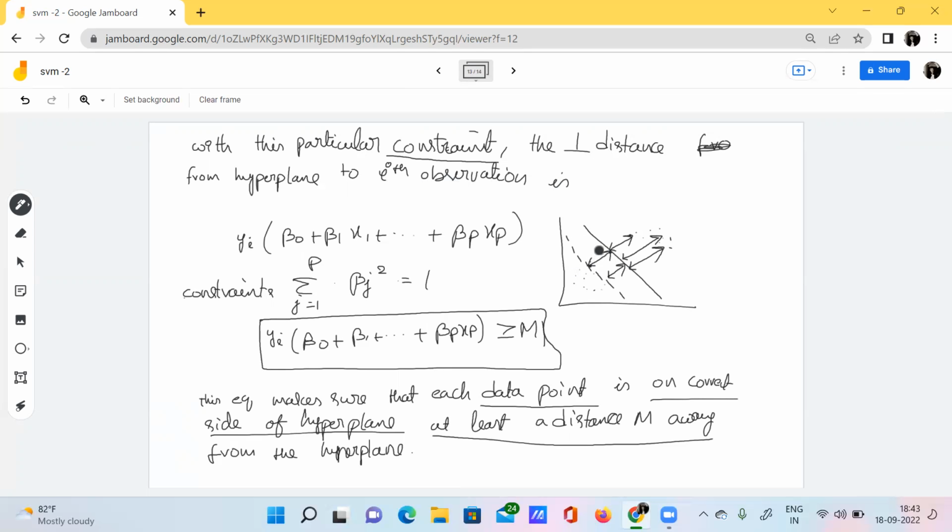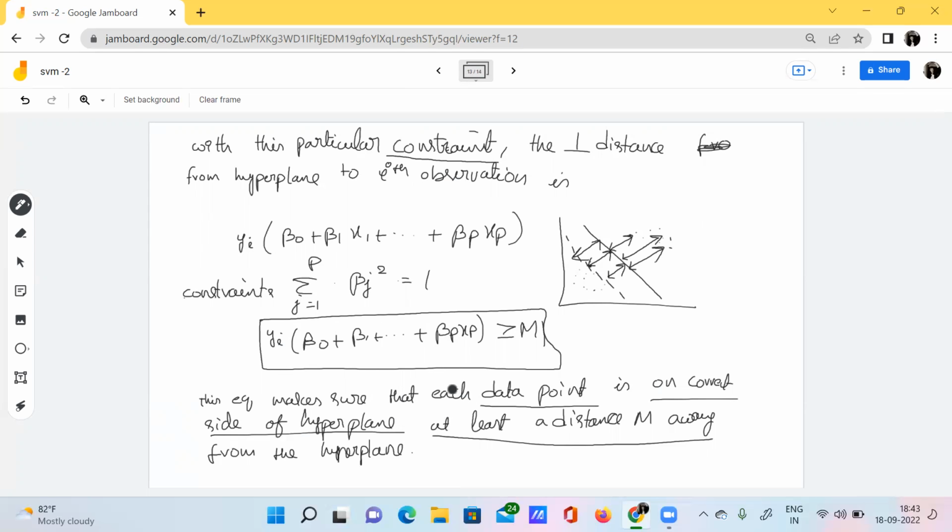This particular distance between the data point and the hyperplane we can write as this equation, yi of this. So our entire conclusion is that yi of this expression should be greater than or equal to M. This equation makes sure each data point is placed on the correct side of the hyperplane.